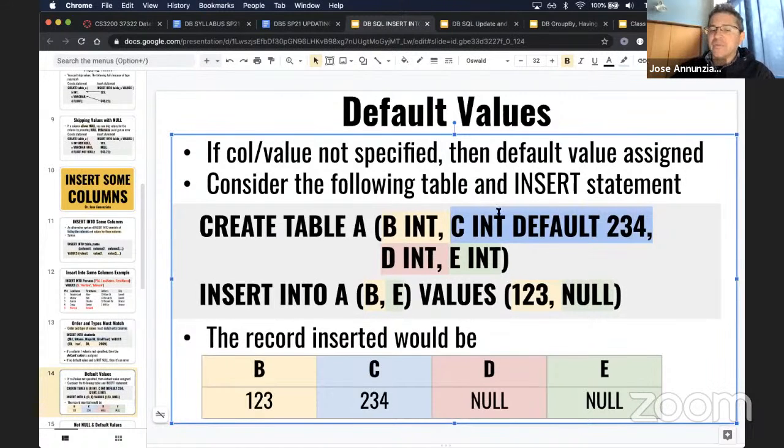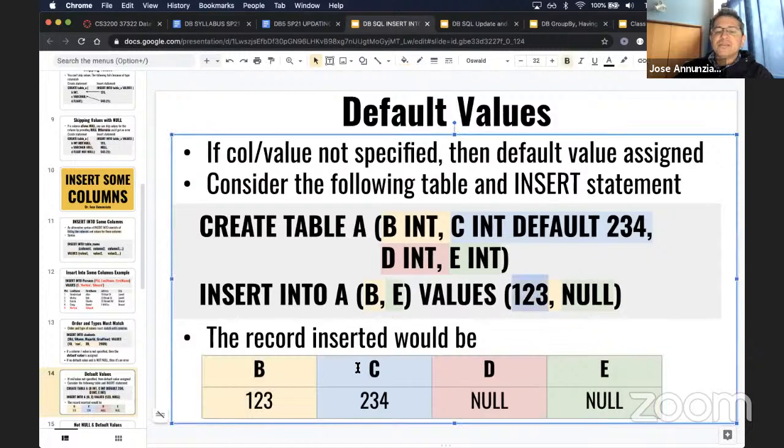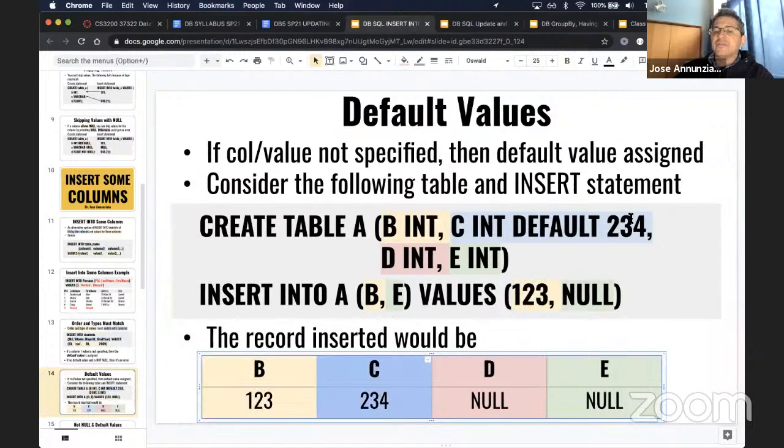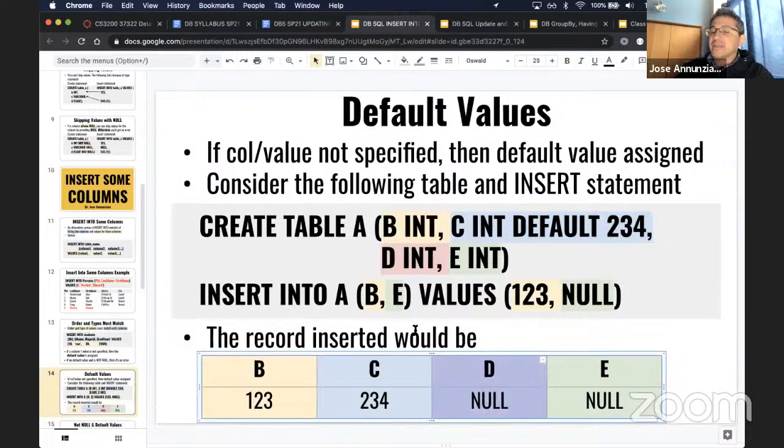So say you provide the value of B and E, with B being 123 and E being null. Okay. So if that's the case here, B is going to take the value 123. C is going to take the default value 234. Whereas D, because we did not provide a value for it, and it's not configured not null,